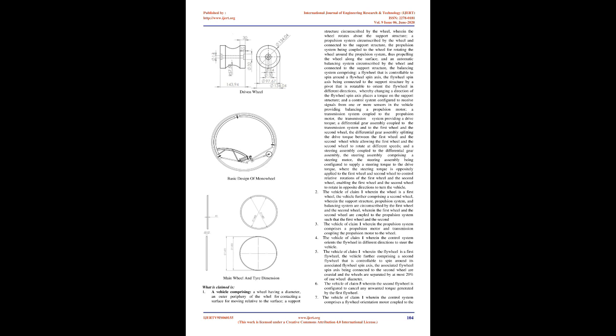10. The vehicle of Claim 1, wherein the wheel is a first wheel, the vehicle further comprising a second wheel, wherein the support structure, propulsion system, and balancing system are circumscribed by the first wheel and the second wheel, wherein the first wheel and the second wheel are coupled to the propulsion system such that the first wheel and the second wheel may rotate at different speeds. 16. A vehicle comprising a first wheel having a first diameter, an outer periphery of the first wheel for contacting a first portion of a surface, a second wheel having a diameter equal to the first diameter,